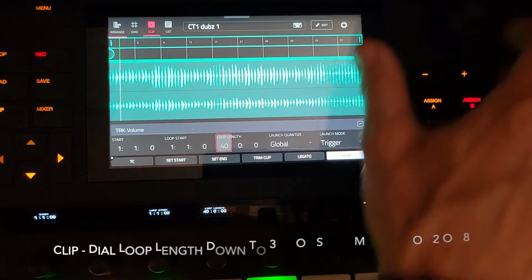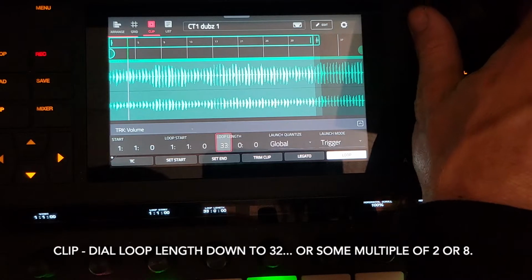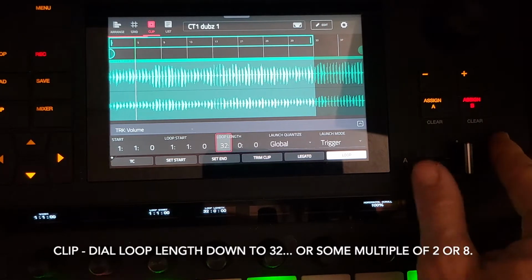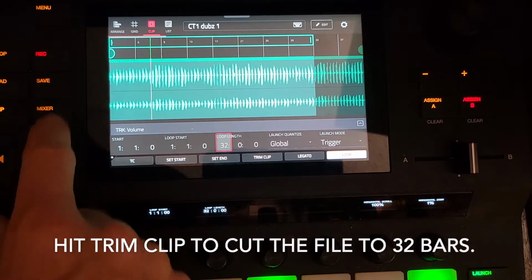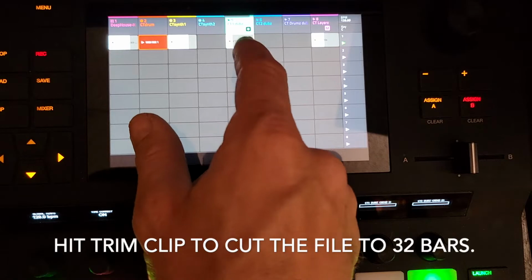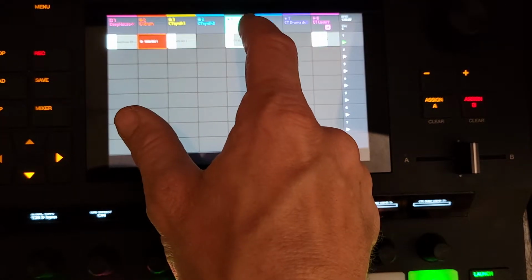It was way over 32. So we'll dial it back to 32 and see how that sounds. I'll probably chop it into a couple. We'll just do that real quick. So matrix. Now I've got it down to 32, and I can take